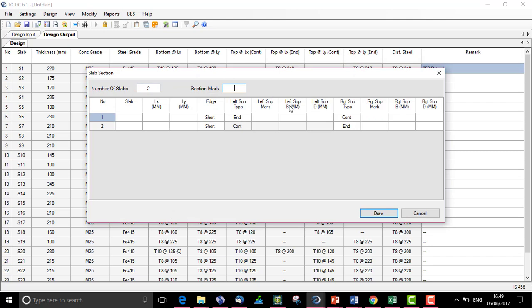Let us just draw two slab sections for say S1 and S2. We will have B1 on its left support 250 by 600. We can have B2 as 250 by 600 and B3 as 250 by 600 for this.